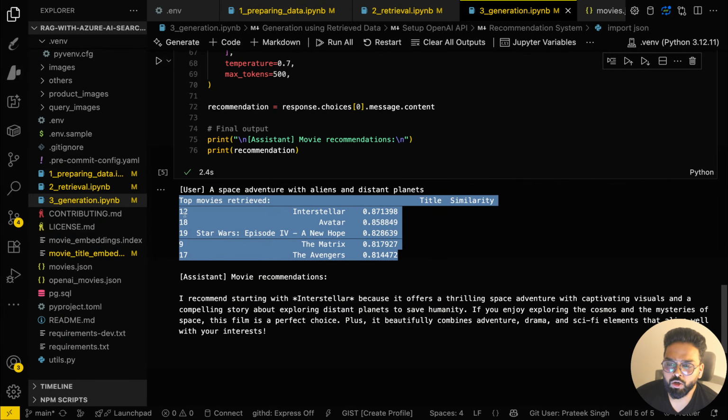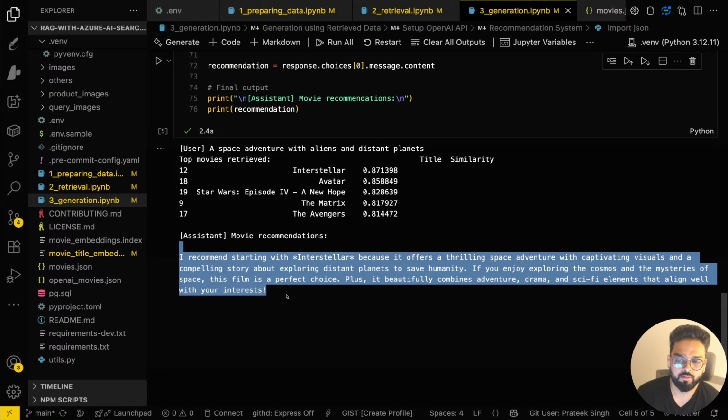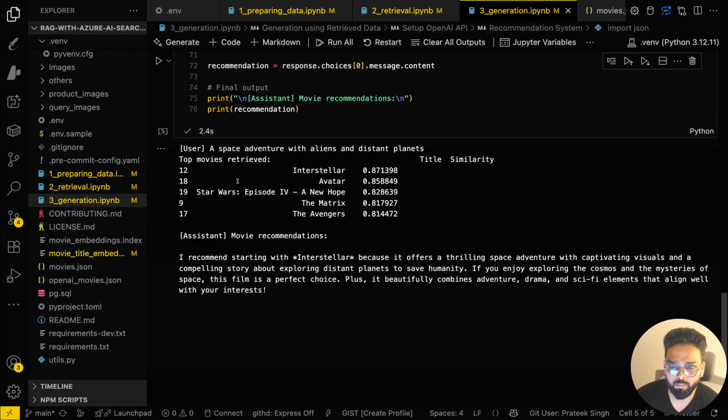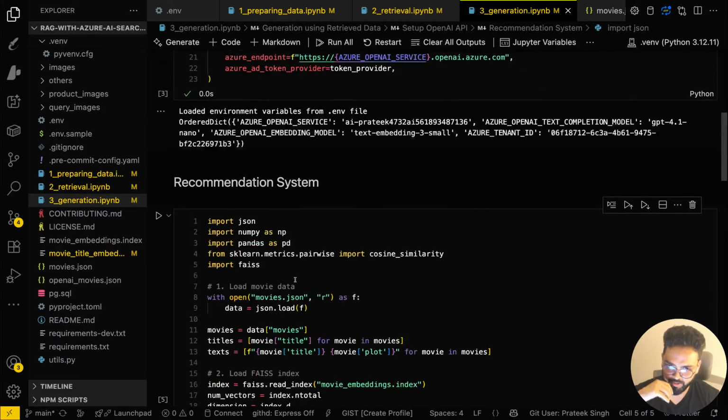So we got all these top five movies, and then we passed them to this recommendation LLM prompt, and the prompt recommended the top recommendation, which is the closest cosine similarity. So you basically got Interstellar as a thrilling space adventure with captivating visuals, a compelling story about exploring distant planets to save humanity. So this is how you can build a small recommendation system using retrieval augmented generation. You can use this